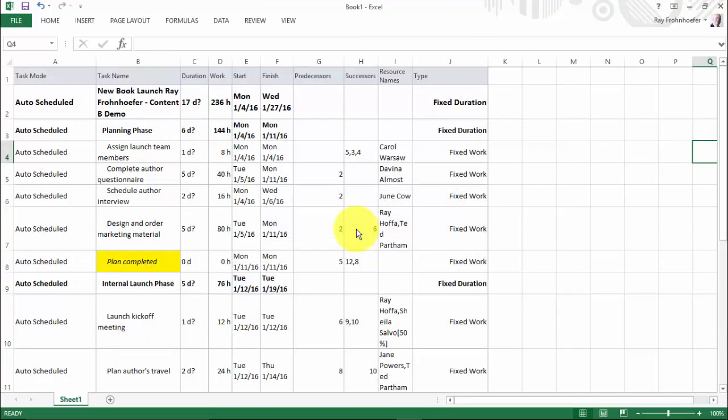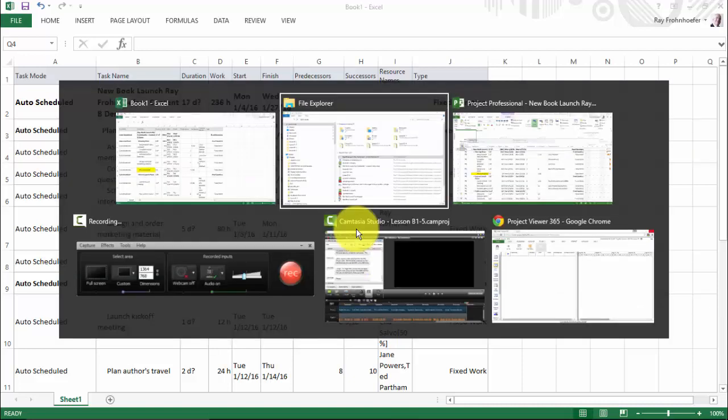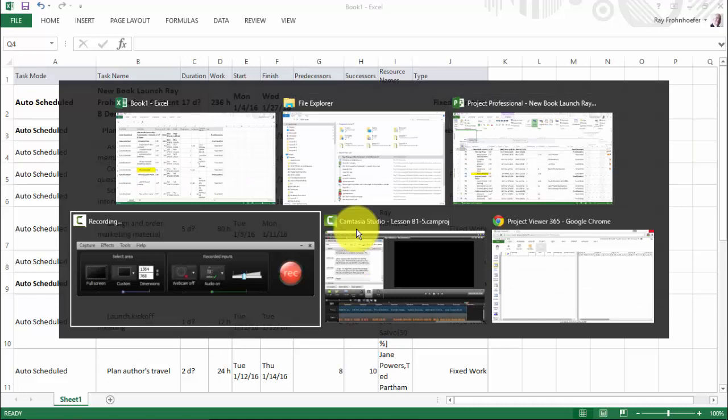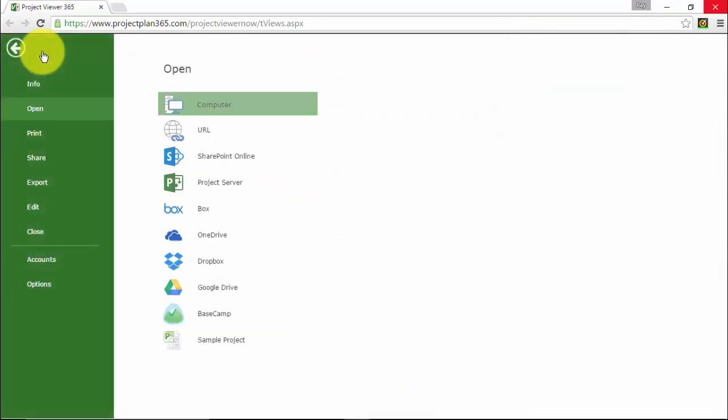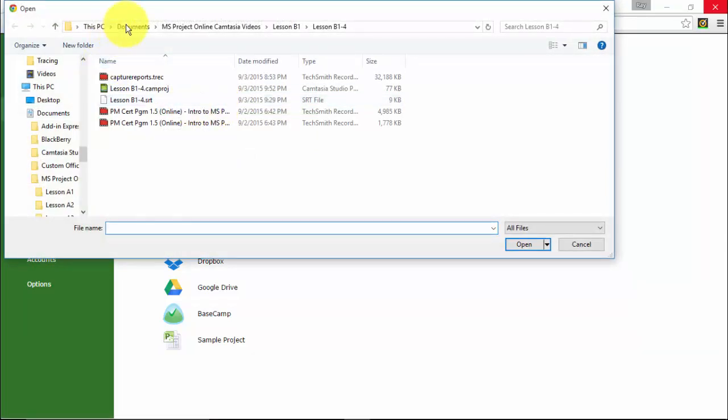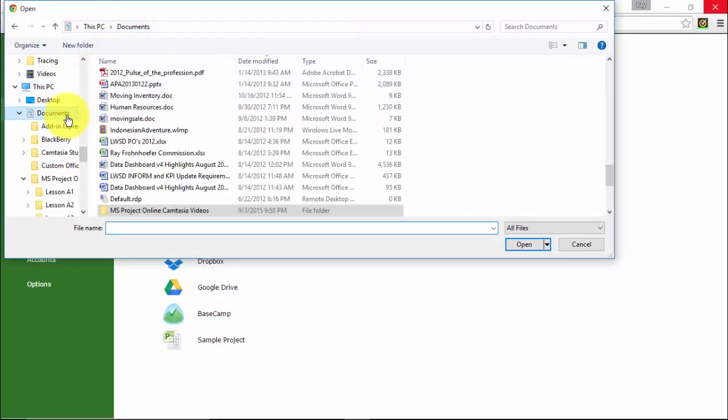And one more thing I'd like to look at is the viewer that we talked about in the slides. I happen to have it already available in my Chrome browser. You'll notice it looks very much like Project. I'm going to click on File. You'll see a very familiar user interface, Computer, and I'm going to go to Documents.